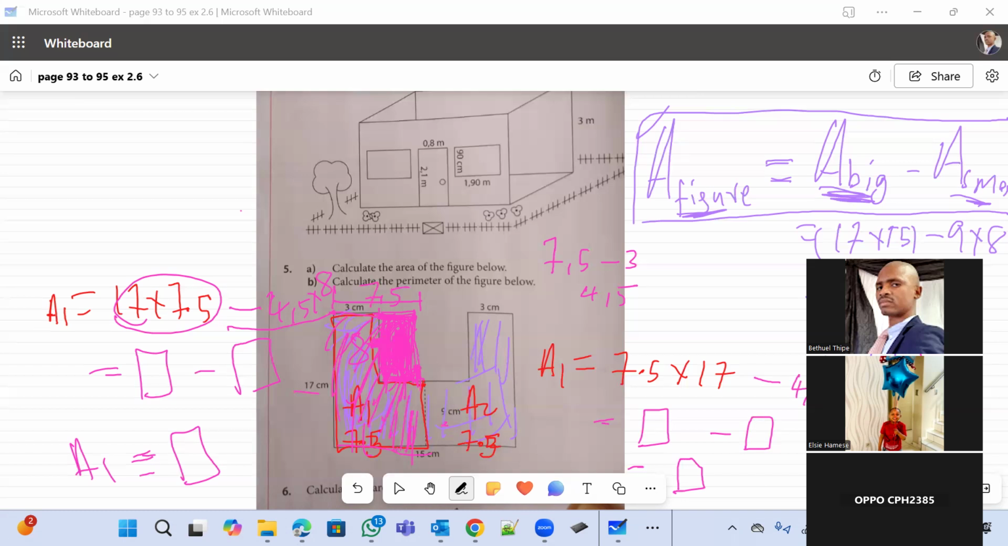Yes, because you know that this object has this length and this breadth, so the area is length times breadth. Practically we mean that all this region